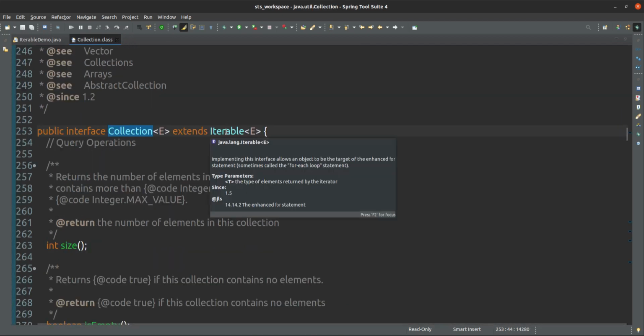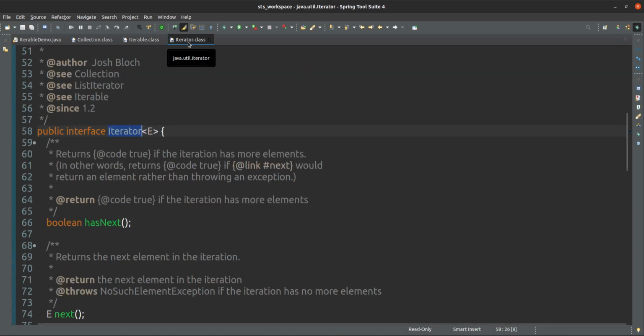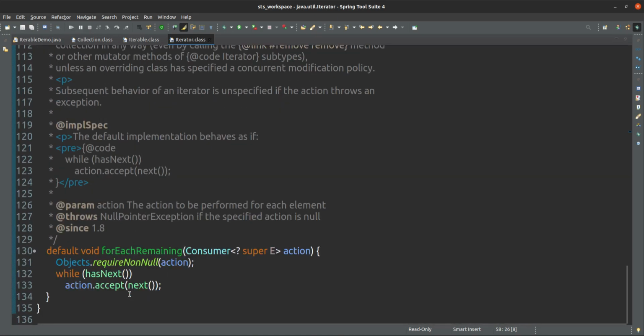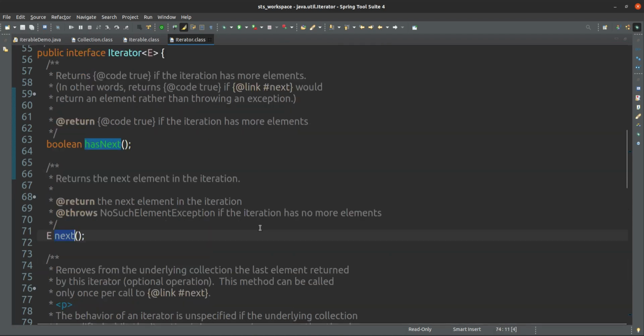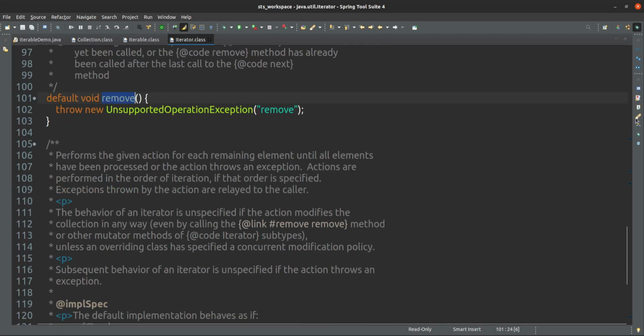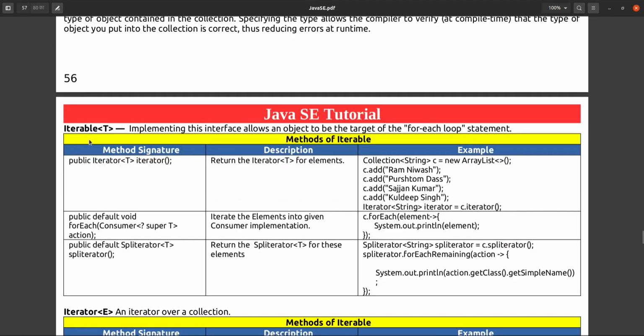And one more thing, Iterable's getIterator is returning one Iterator, and that Iterator has some methods like hasNext and remove. So if you see this Iterable, Iterable has these three methods only.